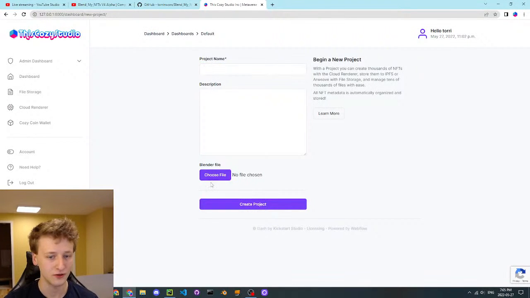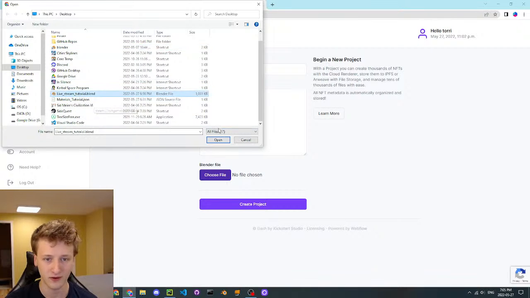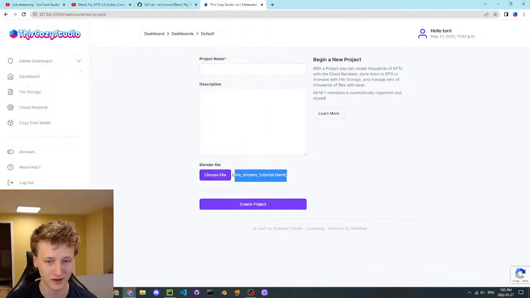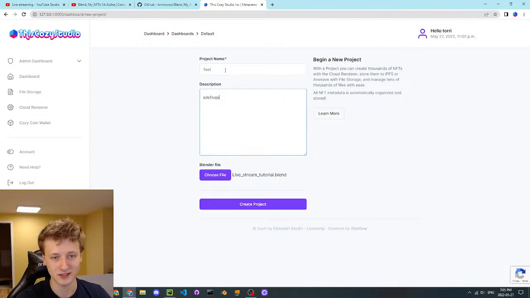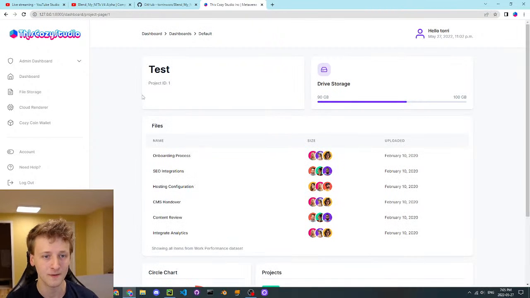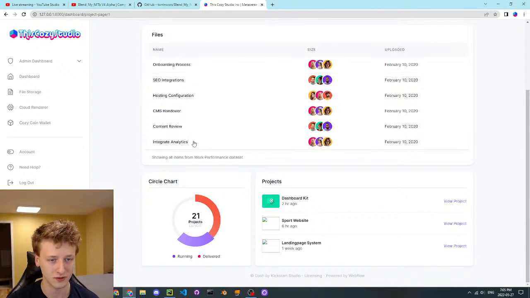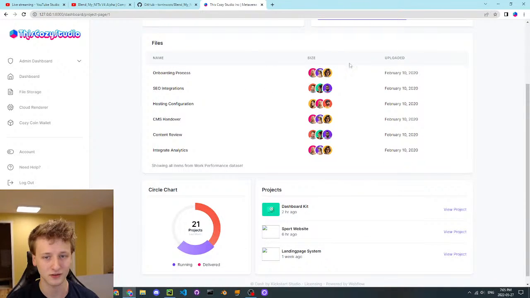So you can upload a Blender file here and try to find a Blender file. So we'll open that Blender file that we just made. We'll create a new test project called test, and then just some description. I don't know if you need a separate description. We'll create that project, and some stuff will come up here. So the idea is it'll show all your files here, your drive storage and all that stuff, and it'll show you